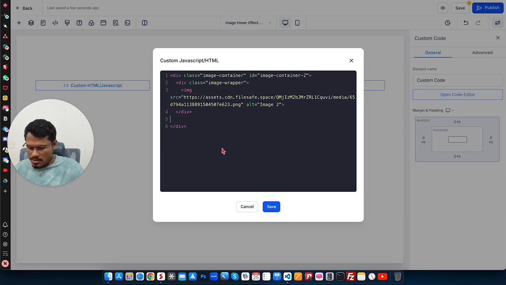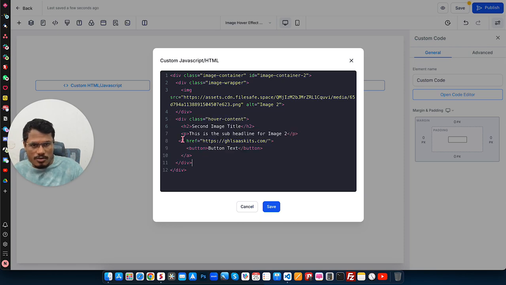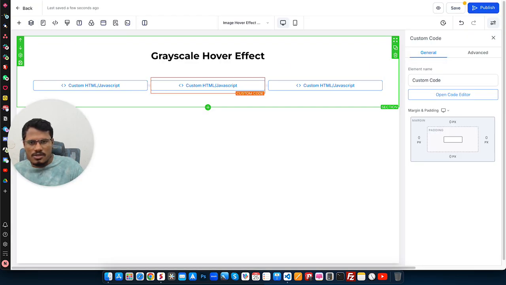Or, if you have a headline and some content but don't need a button, you just need to delete that part from the code snippet. But I am going to keep this second code snippet,